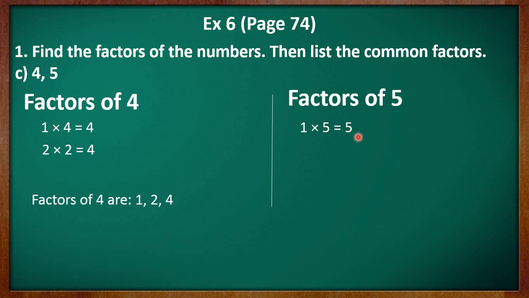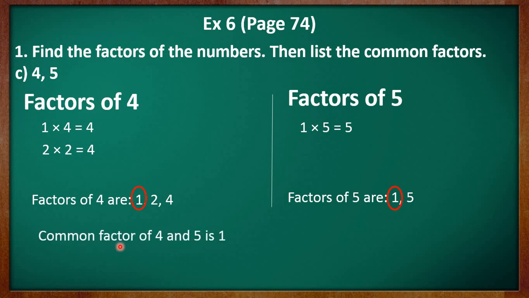Kids, on dividing 5 by 4, it will again leave a remainder. So that means 4 is also not a factor of 5. And we will stop here as we know that 5 is already a factor of 5. So here you may observe that the only two factors of 5 are 1 and 5. Let's now observe the common factors of 4 and 5. Kids, here you may observe that only number 1 is the common factor for 4 as well as 5. So you may write it as common factor of 4 and 5 is 1.